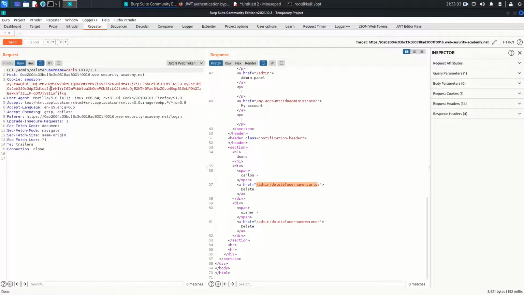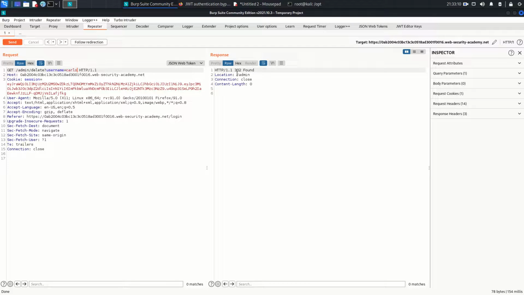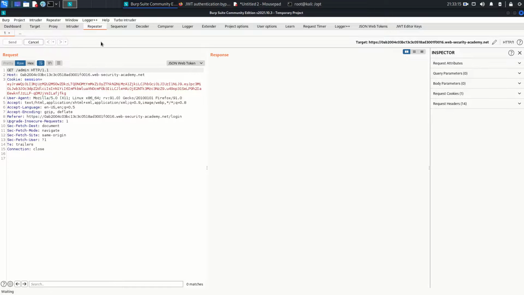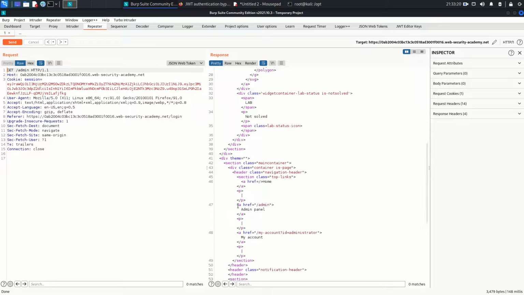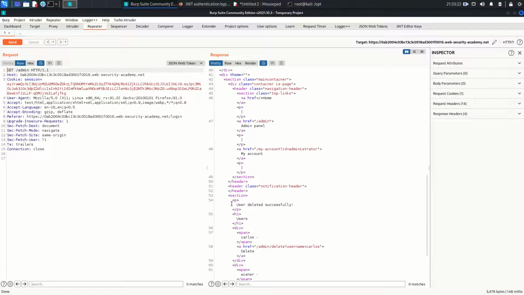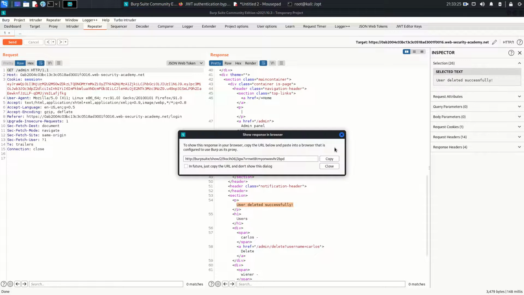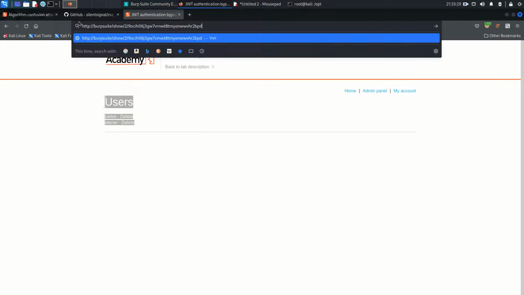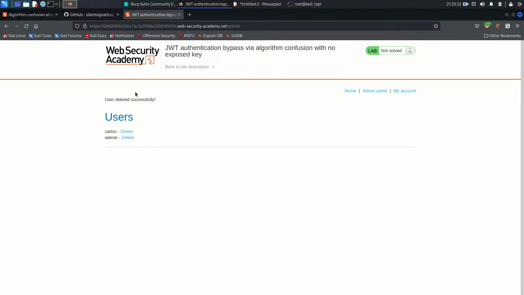Just send this request again: 302 Found, and it is redirecting us to /admin. That means it is going to work. And 200 OK. Admin panel, user deleted successfully. Right click, copy, go to the browser, paste that URL, hit enter, and user deleted successfully. What is that? We did not get the congratulations message. Why? Let's check